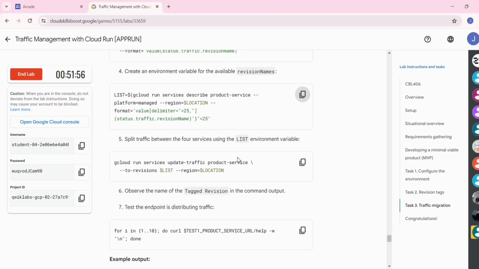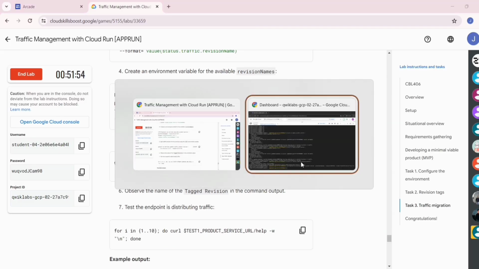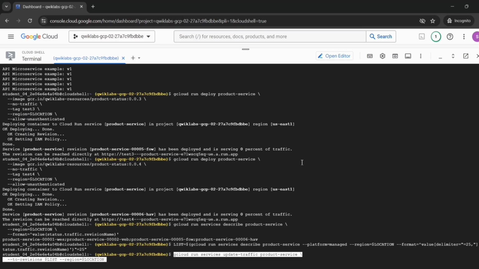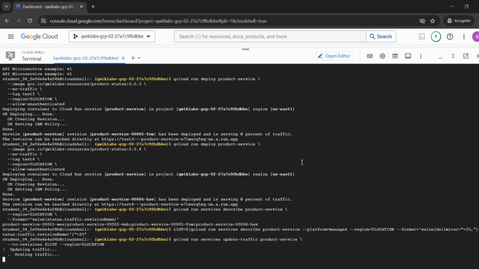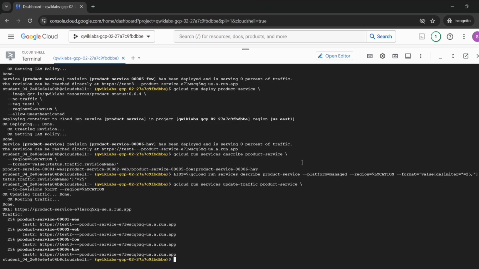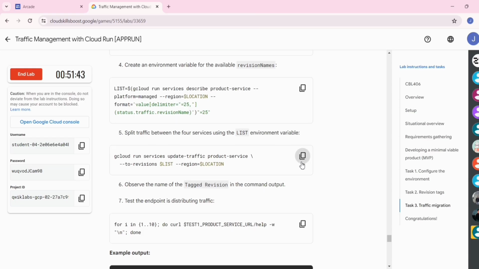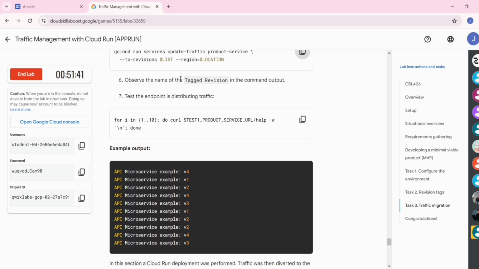Now go back to the lab instructions, copy the fifth command, paste it here and press enter. Now go back to the lab instructions. You have to check the name of the tagged revision in the command output.